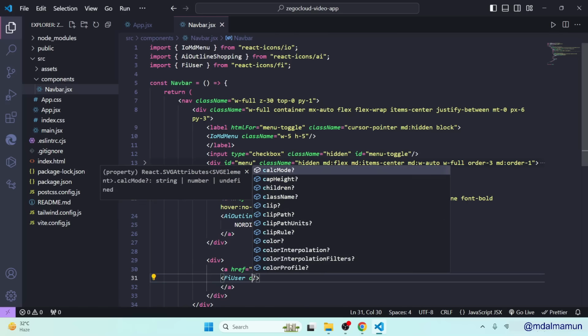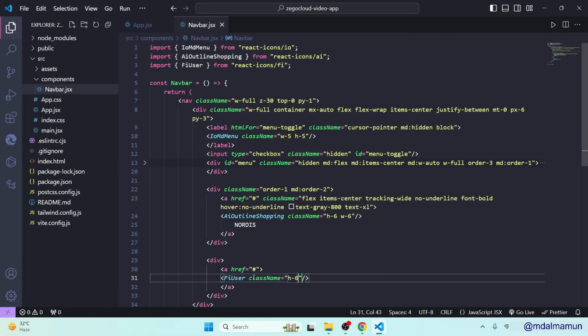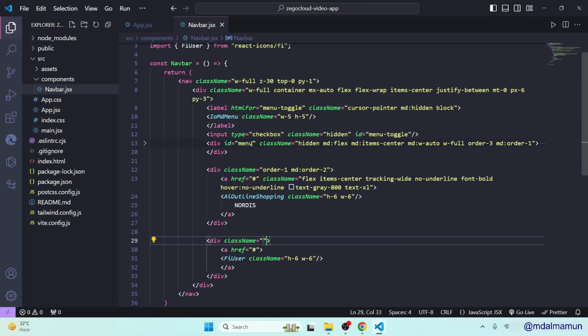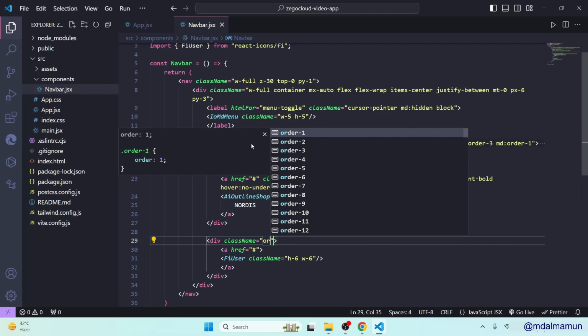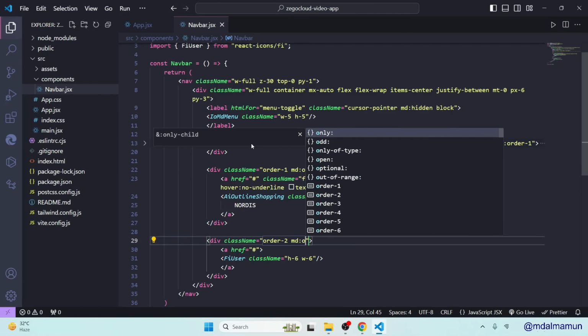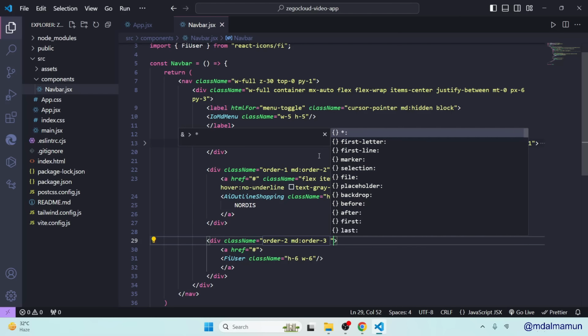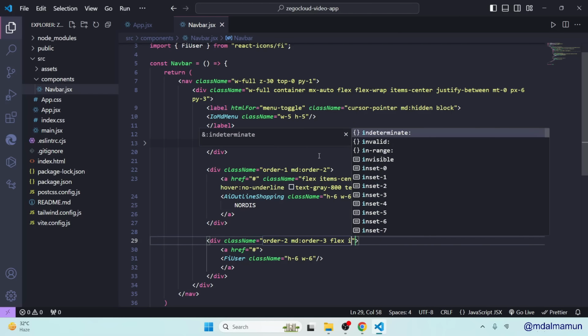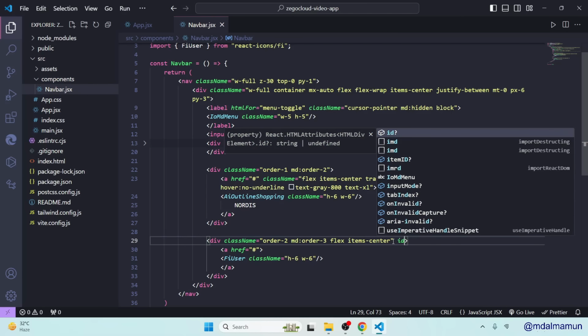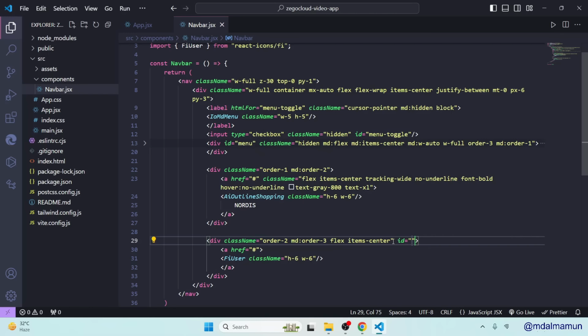We'll define the height, so the class name is 6w6. Okay, now we'll define the class. Here the class name will be order 2. By default on medium devices, order will be 3. That would be flex items center, and here we'll also add some id, so that would be id nav